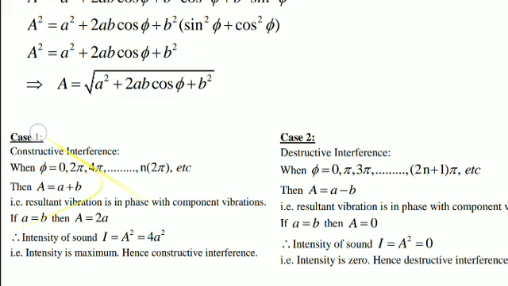Because phi is equal to 0 means what? The phase difference between the two waves will be 0, and we have already seen that when the phase difference between the two waves is 0, we will get the constructive interference. The phase difference of 2 pi is also equivalent to a phase difference of 0. The phase difference of 4 pi will also be equivalent to 0. These waves are called coherent waves. So whenever coherent waves superimpose, they will give us the constructive interference.